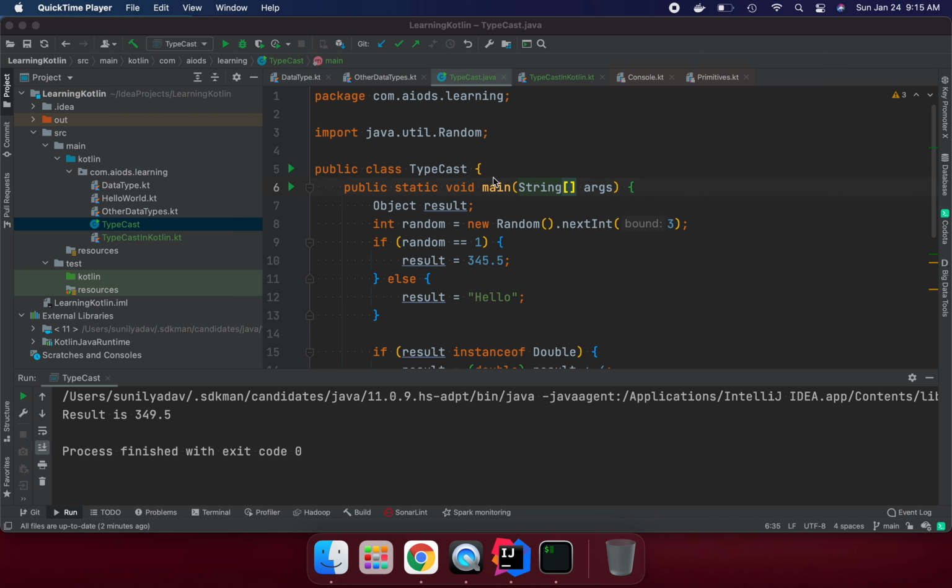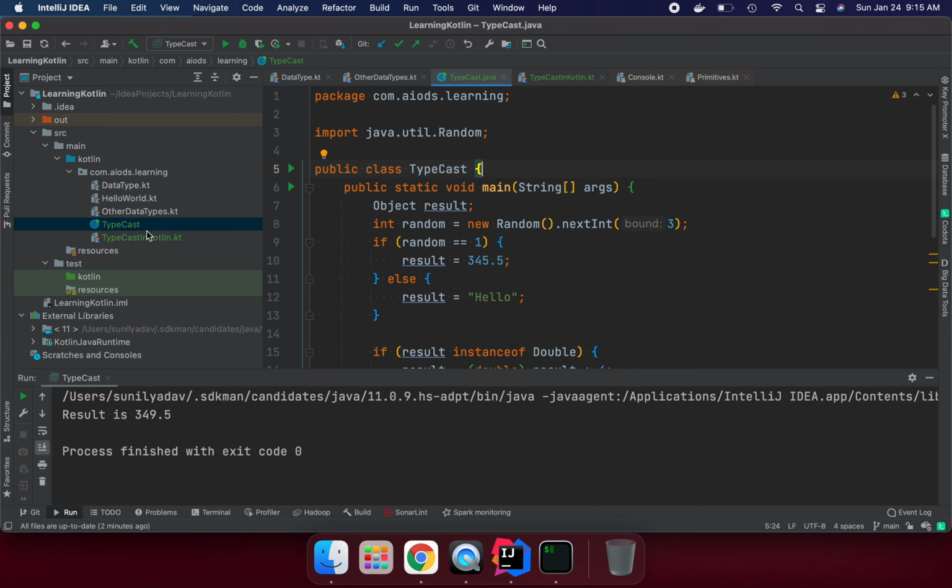So we can see here I created this class in Java. Basically, this is a Java file, not a Kotlin file. So how we do it in Java and how we can do it in Kotlin, what the differences are, I'm going to talk about here. We are saying here is an Object class. The Object class is the top-level class in Java. We can say parent class.